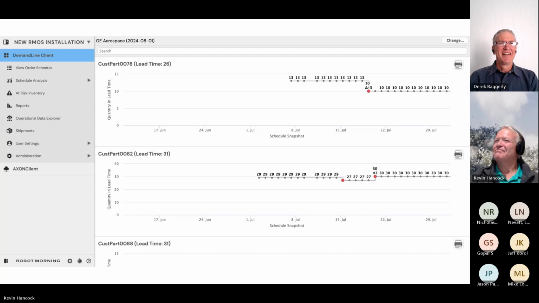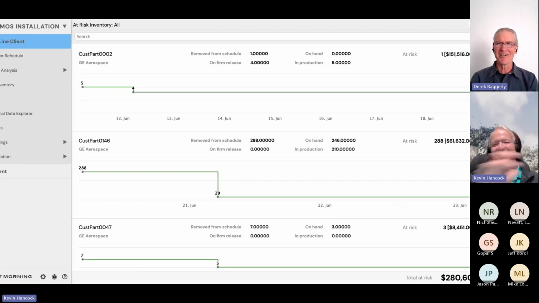Derek? Yeah, so this is another great one. It's very specific to, okay, what did they move within lead time? Do I even have the capacity to either manufacture more or stick more into inventory? It's just another super valuable tool. I'll save more of our comments for the next screen, because I could talk forever on all these things.